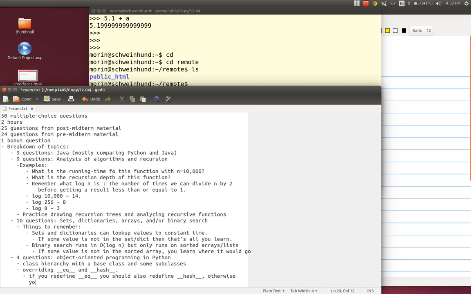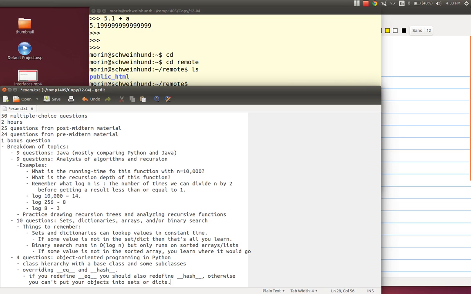Otherwise, you can't put your objects into sets or dictionaries. Okay. So that's a hard lesson to learn, but you'll be taught this again when you take data structures, the dangers of this kind of thing.